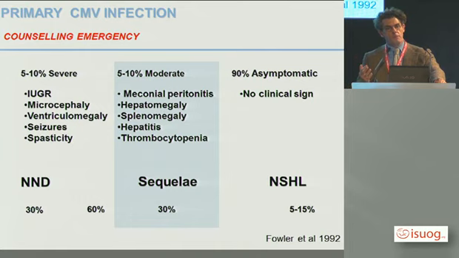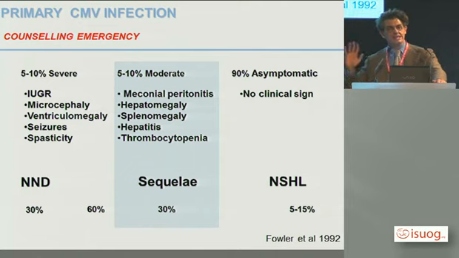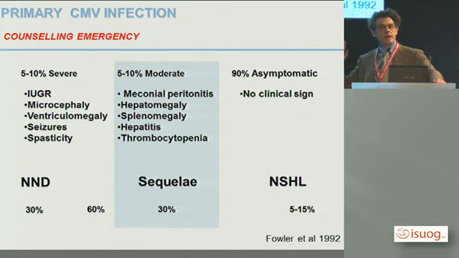But the moderate form will require some more attention, that you will easily skip the signs if you're not searching for them specifically. Meconial peritonitis, hepatomegaly, splenomegaly, and of course hepatitis and thrombocytopenia are not going to show up on any form of imaging, so you will eventually require some invasive testing. It is important because the asymptomatic fetuses, as the asymptomatic neonates, have a very good prognosis outside the risk of